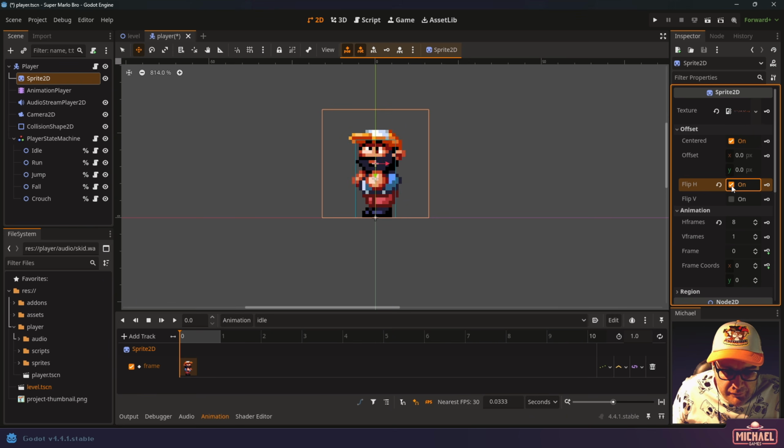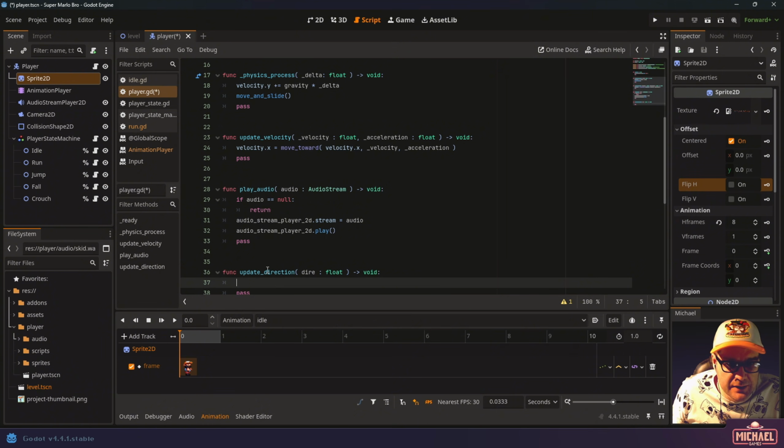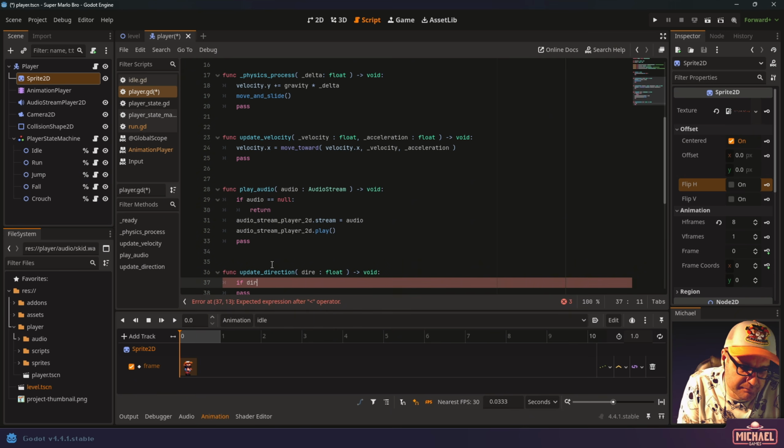There we go. We can just flip him to change his direction, right? So what we're going to do here in our script, in this update direction, we'll just check if this dir direction value that we pass in is negative, then we'll flip him. If not, we'll unflip him. Okay, so we'll say if dir is less than